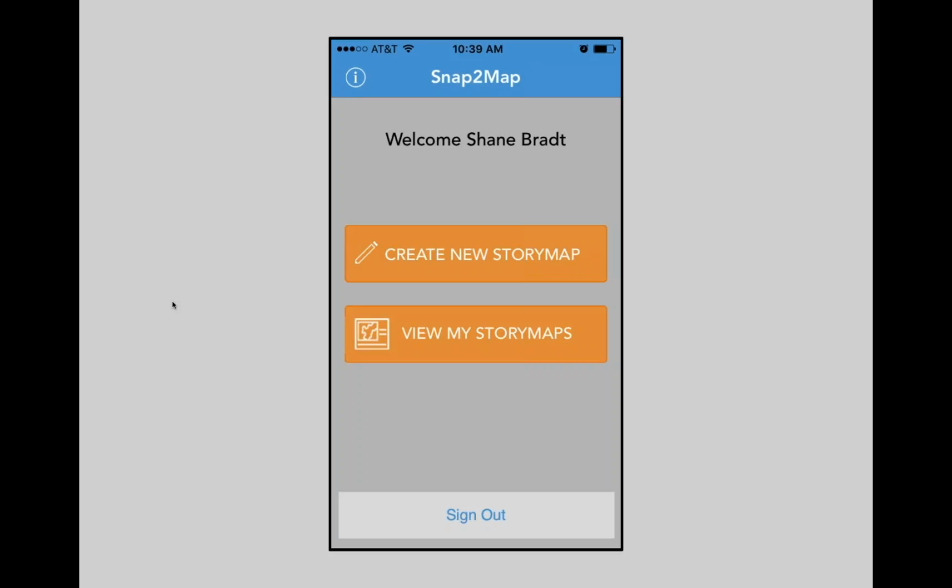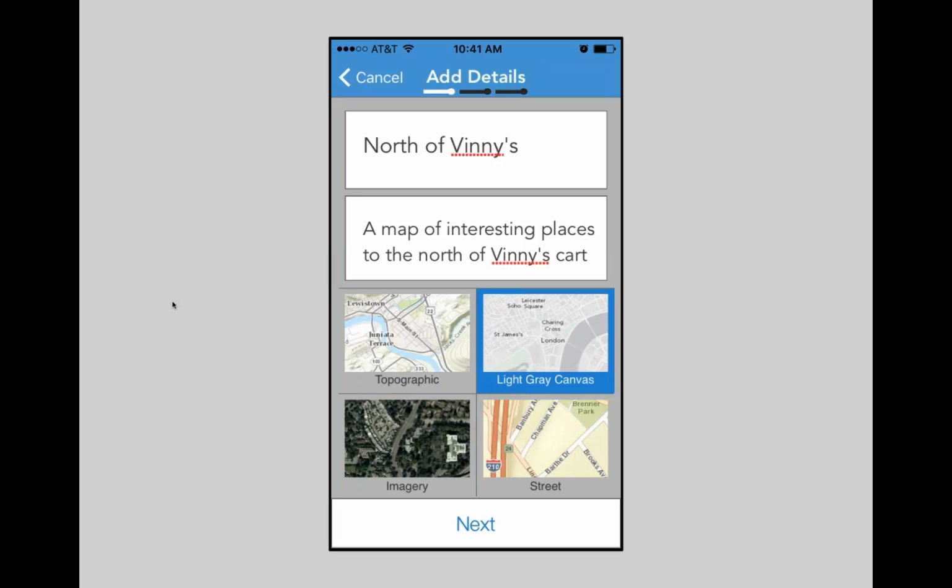So to start a new story map, we're going to click here on Create New Story Map. And there's three different choices that you have. One will be a name of the map. Two will be a description of the map. And three will be the type of background you want for the map. Now, you can change these once this map's been published online, but these are just the starting points you have to choose. When you're done with these, you click on the Next button,